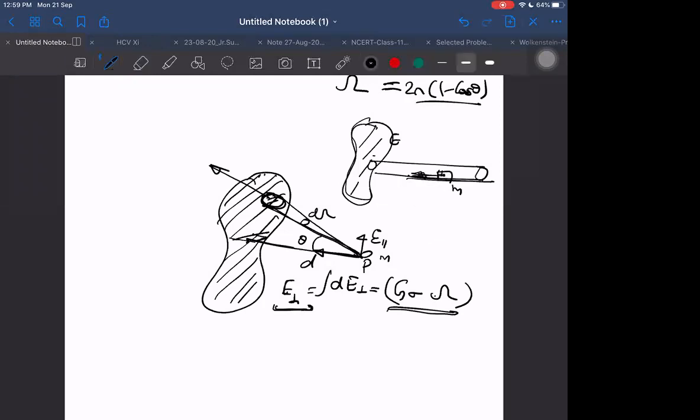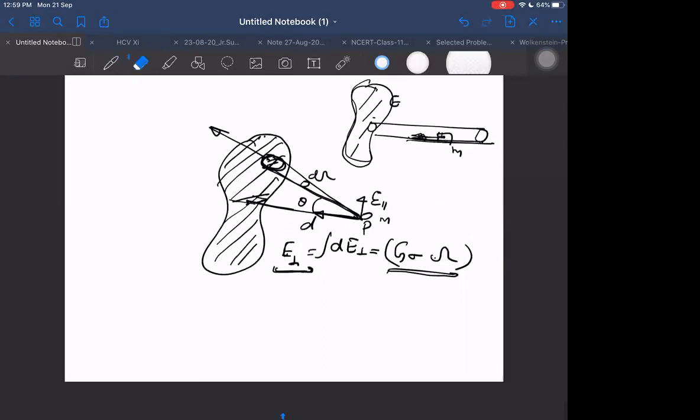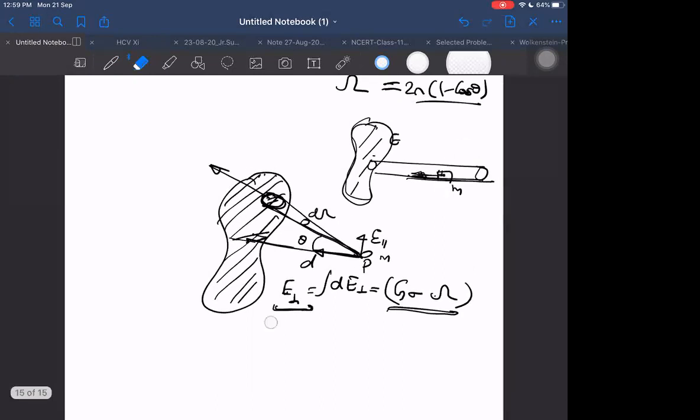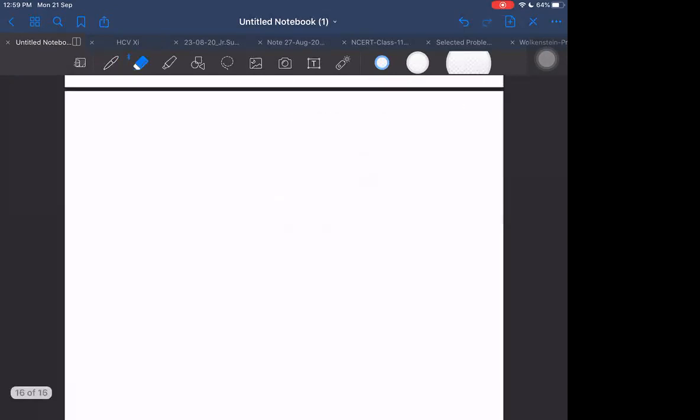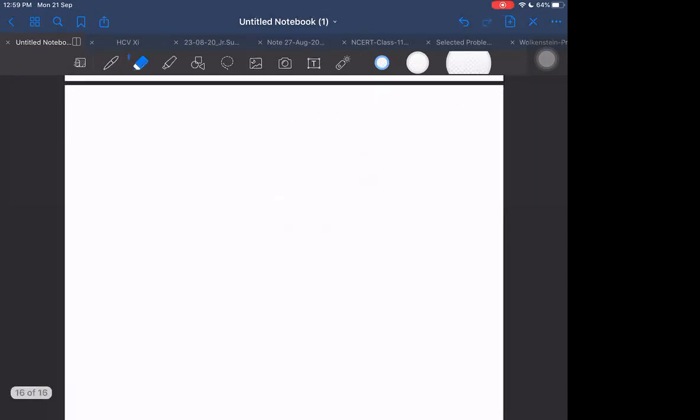What is the acceleration acting on this? What is the difference between acceleration and field? I will tell you later on, but these are nearly the same, with some minor differences. Acceleration is a frame dependent thing. Acceleration depends on frame, we know that, but field is not frame dependent. Field at a given fixed distance is always fixed. That will always be G M by r square.